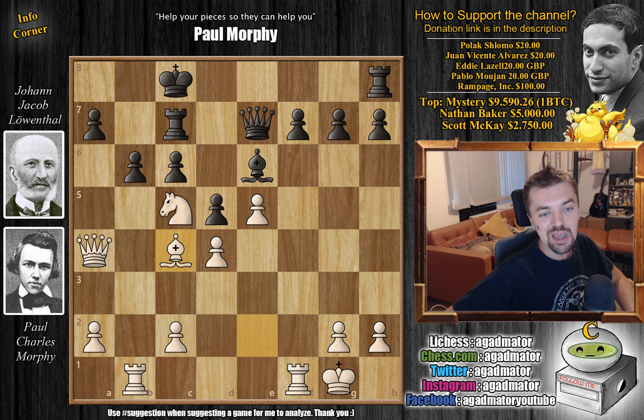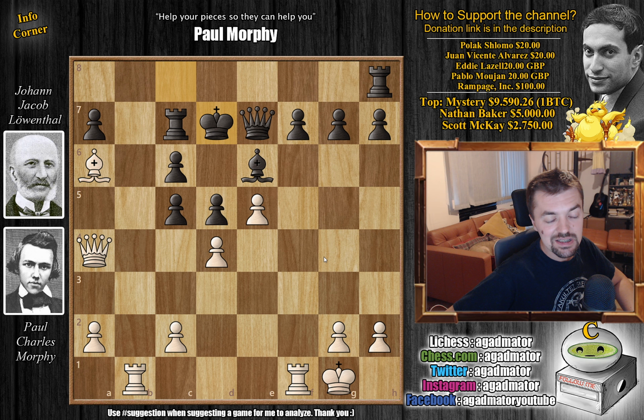So after this bishop captures on c4, we have, well, this doesn't work, so we might as well capture the knight. We have b captures on c5. And now bishop to a6 with check. We have king to d7, and now we reach a beautiful position, a true Morphy-esque position, because, you know, everyone